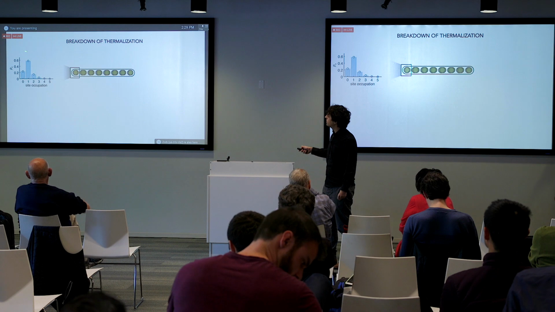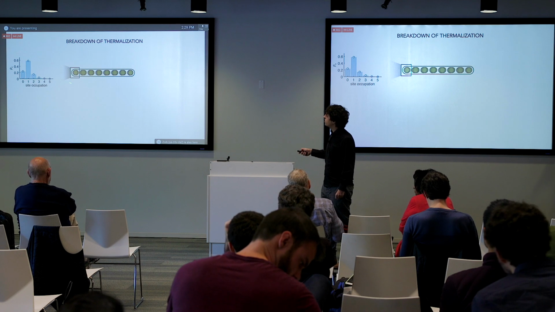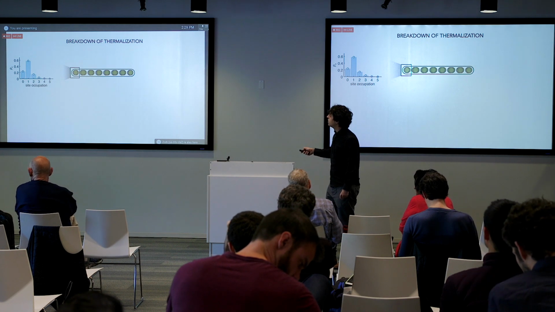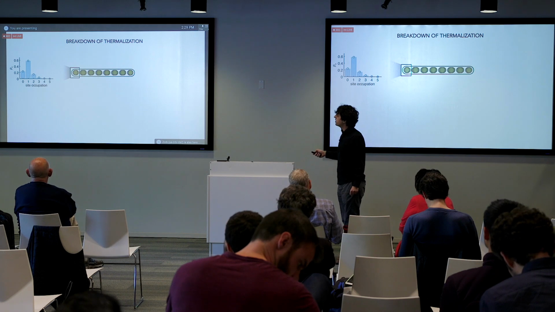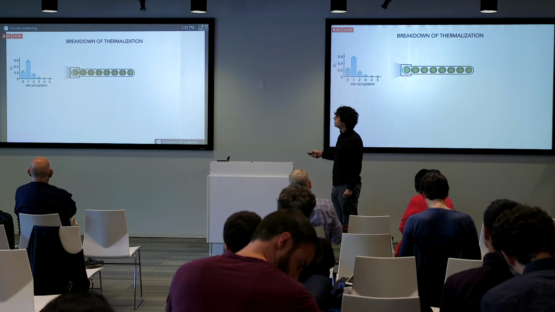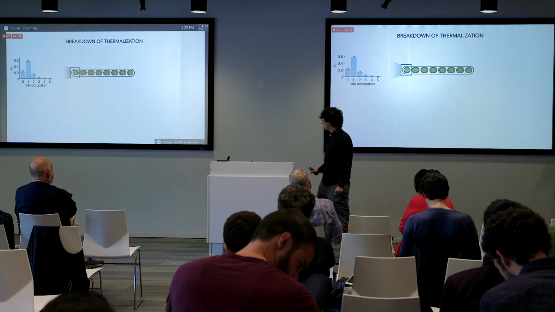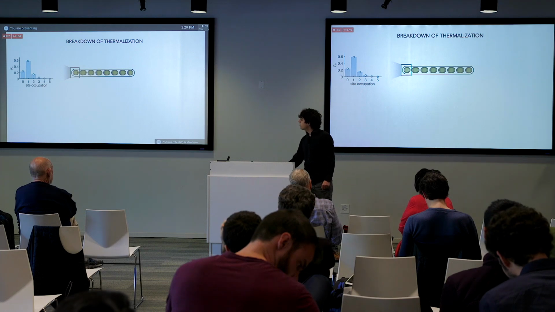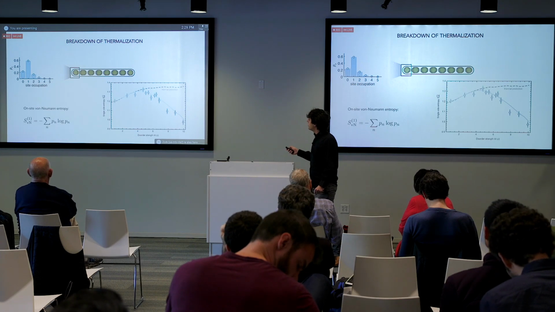So this would be for a single site. We find a very, very non-thermal distribution here. The bars here are the theory from exact diagonalization, and then these data points show you the data from a single lattice site, from a subsystem of a single lattice site, and we find that this distribution is strongly non-thermal. If we now compute the number entropy based on that, you find that as a function of